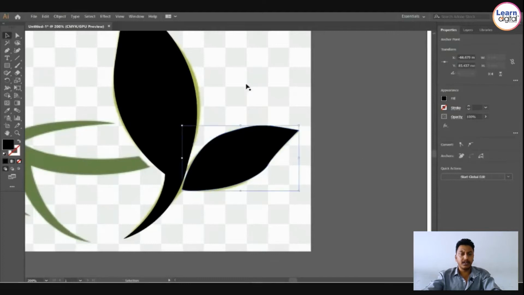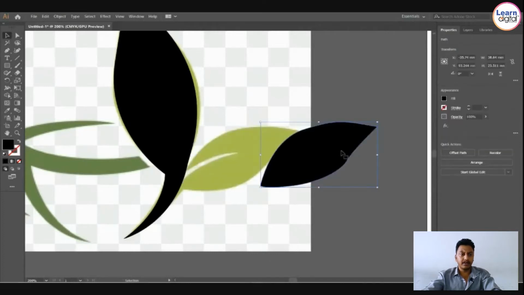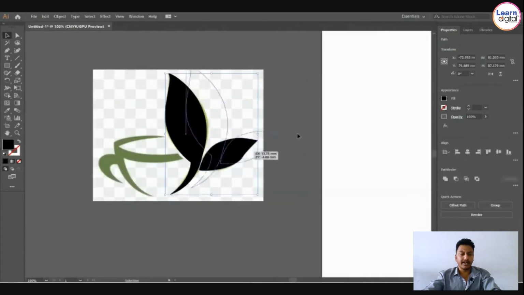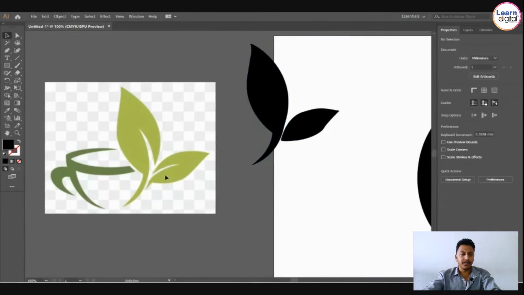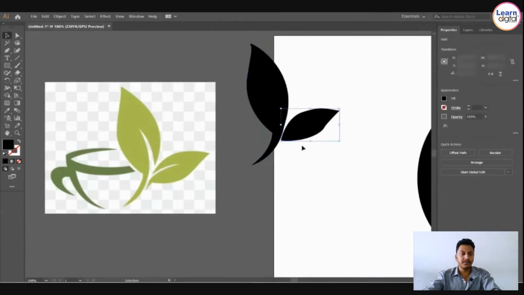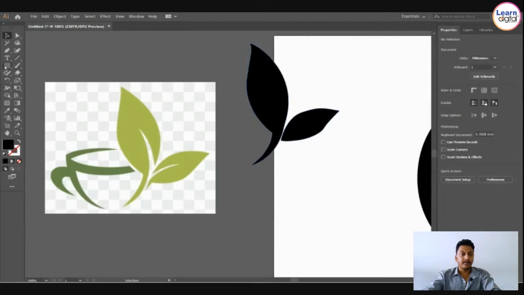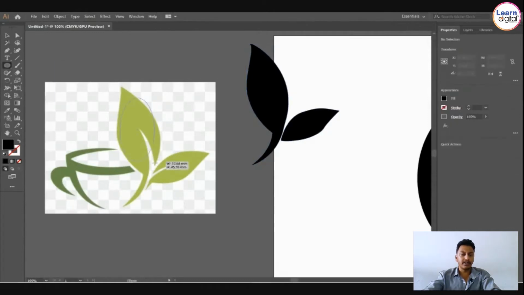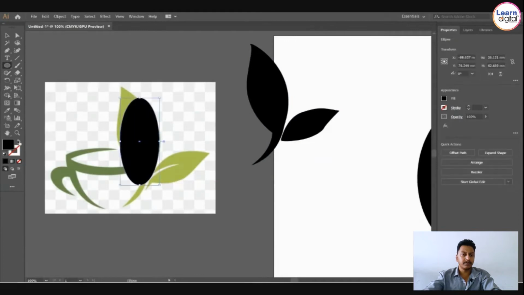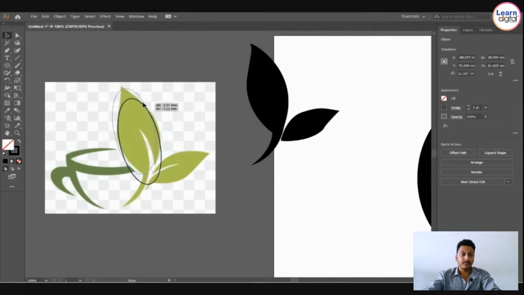Just keep that leaf aside. Now, what I will do is, with the help of shapes, I will create a leaf again. Whatever method you need, you can use. Currently you can see it is an ellipse. So I'm placing an ellipse. For the curved edges, I'm placing the ellipse in a proper way. Then, with the help of the direct selection tool, I'm altering the points and placing them. Which one is flexible for you? Which one is comfortable for you? You guys can go with that.